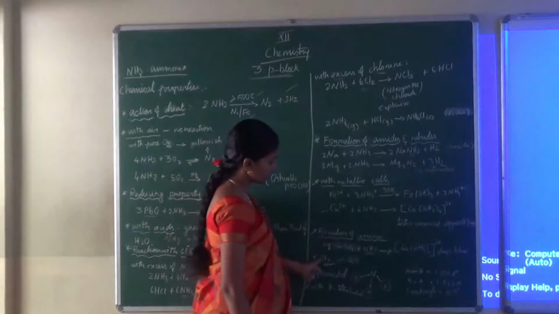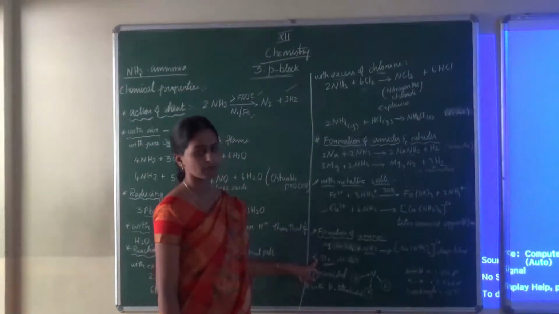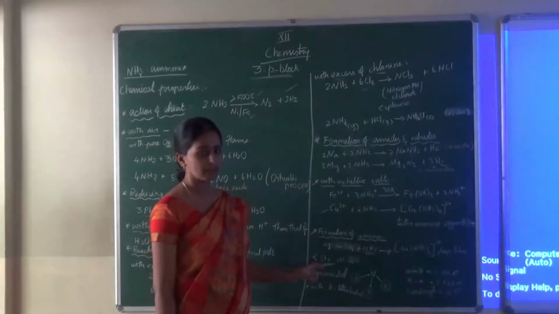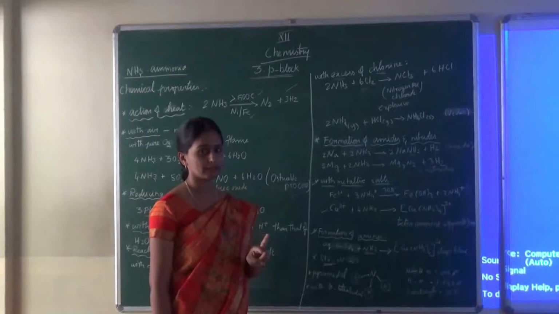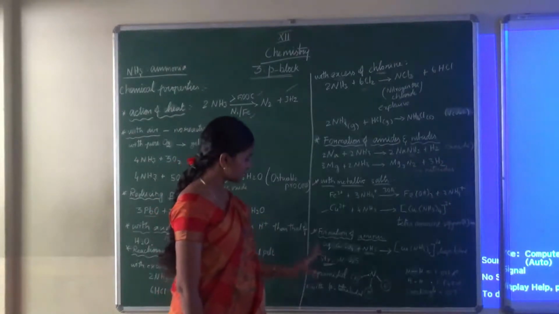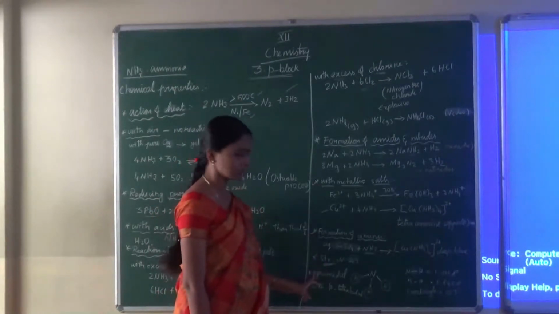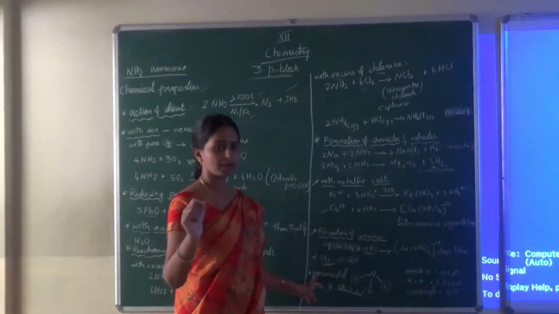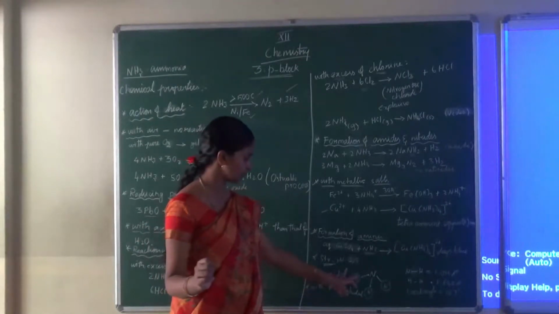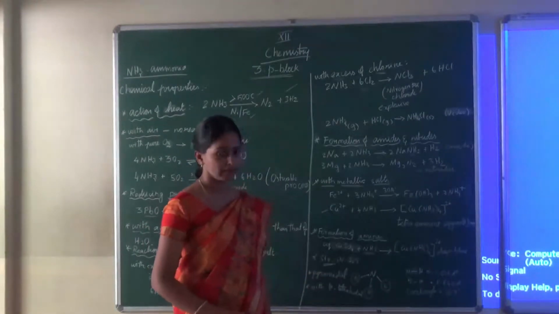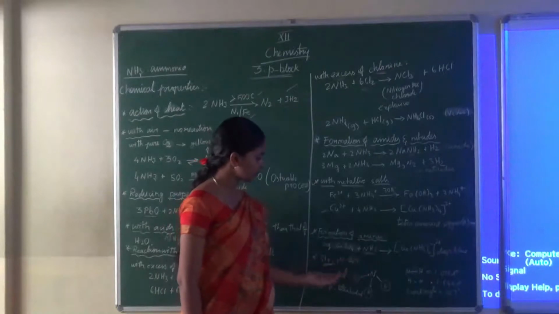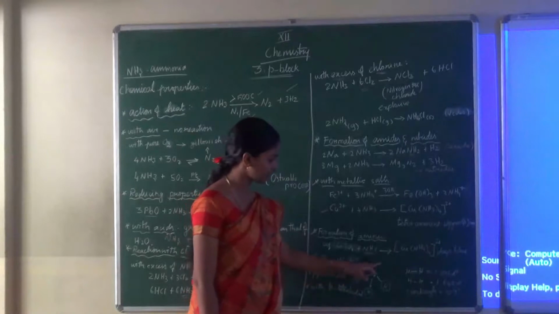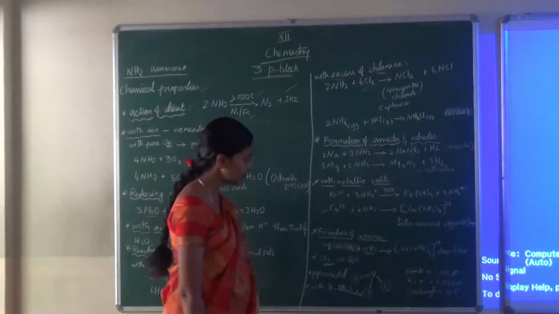Now the next one here, structure of ammonia. What is the structure of ammonia? One more question they can ask. Here they are telling 2 types. The first one, the general structure they are asking, is pyramidal shape, but if they particularly mention with lone pair of electrons, what is the shape of ammonia they are asking? Then it is tetrahedral shape. So without lone pair, simply it is pyramidal shape. With lone pair, it is tetrahedral shape. So you have to remember.